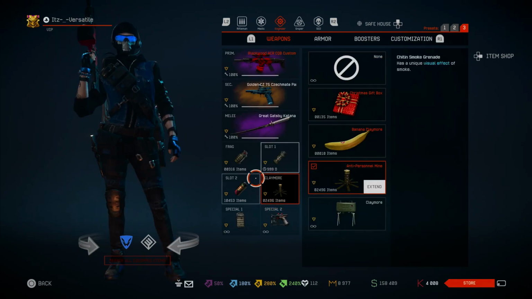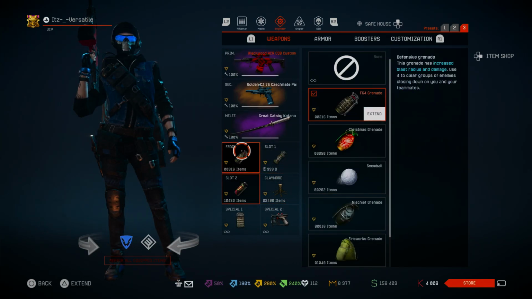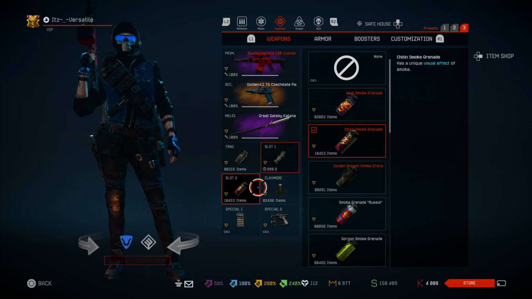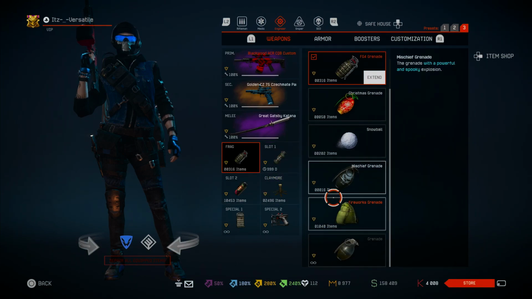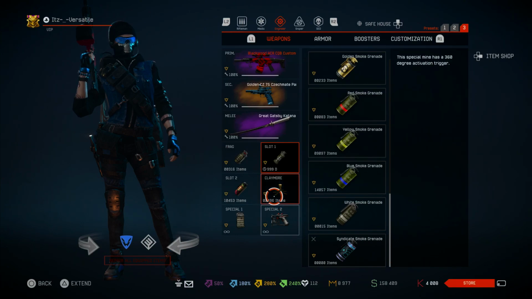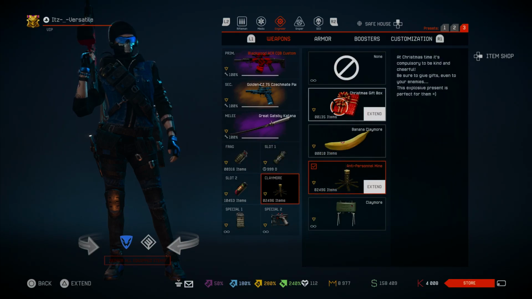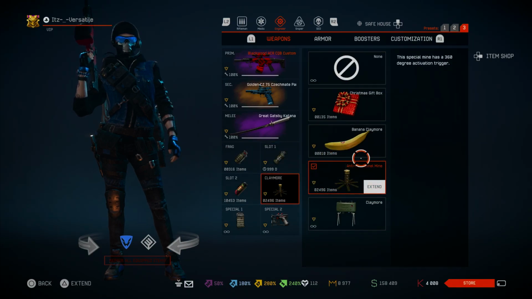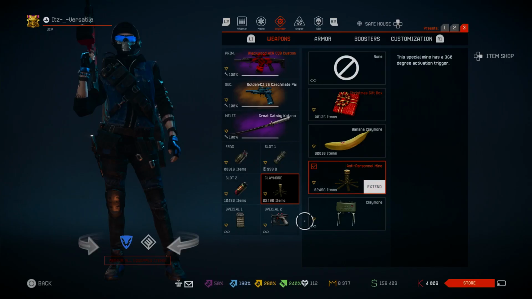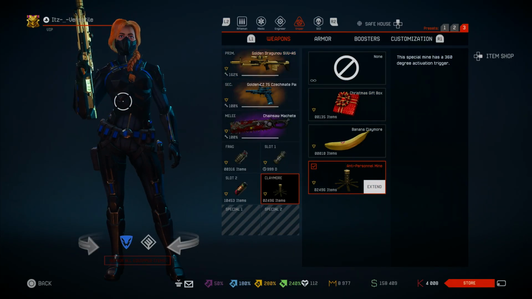If you want me to go into the details, smoke, equip any smoke. FG4, I just use those. They're better than the standard frag grenade. Any smoke, any flashbang, anti-personnel mine, or I find this better. I find the mine is a bit better. And their crowns. I can get it from boxes, but